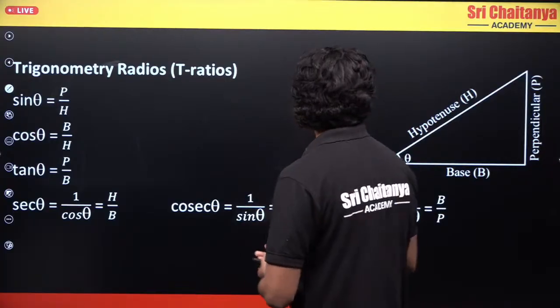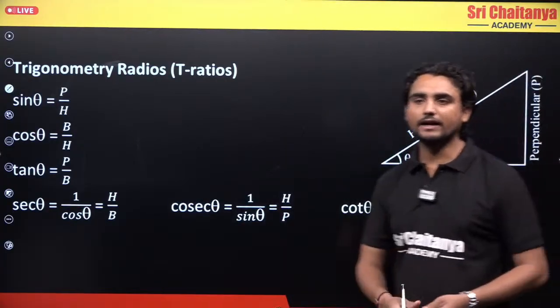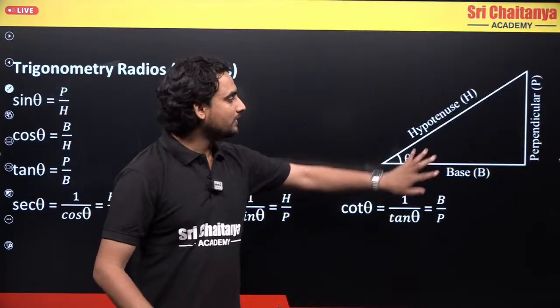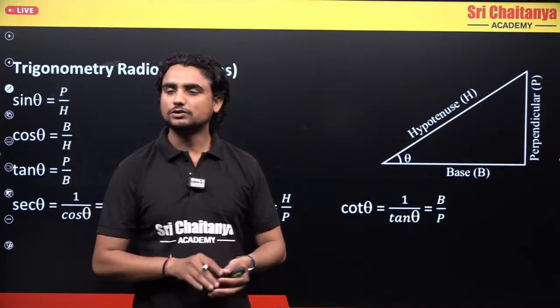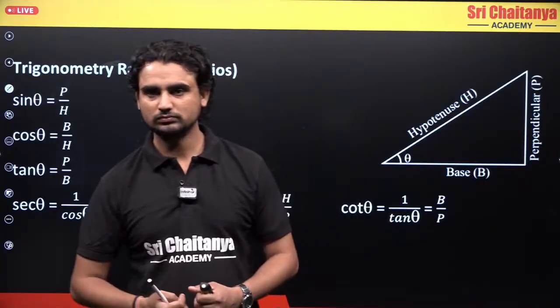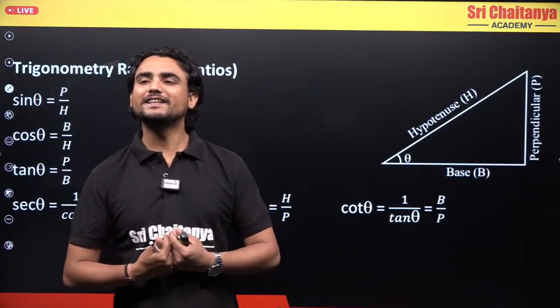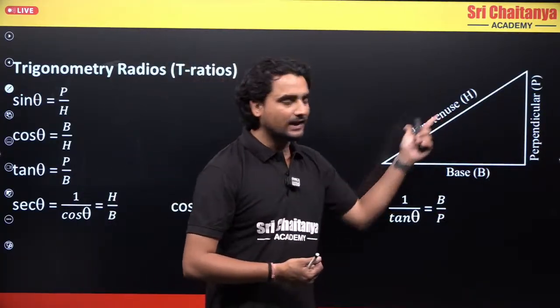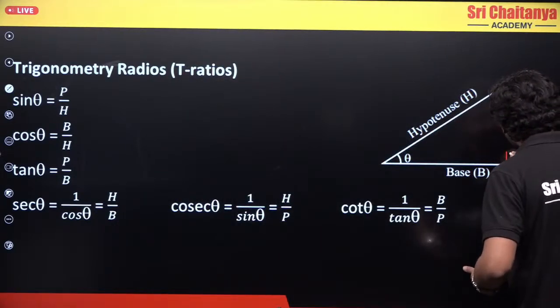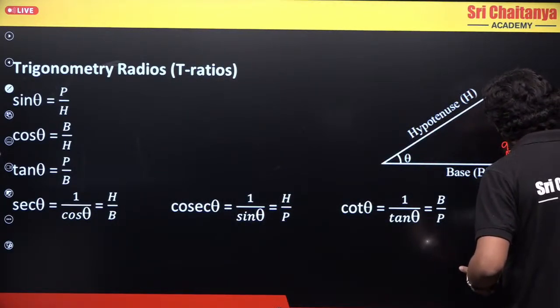In a right angle triangle, we have a right angle triangle here, right? And why is this triangle a right angle triangle? First of all, what is a triangle? A triangle is something which has 3 sides, no? A polygon having 3 sides. So in these 3 sides, why is it right angle? Because one of the angles is 90 degrees.